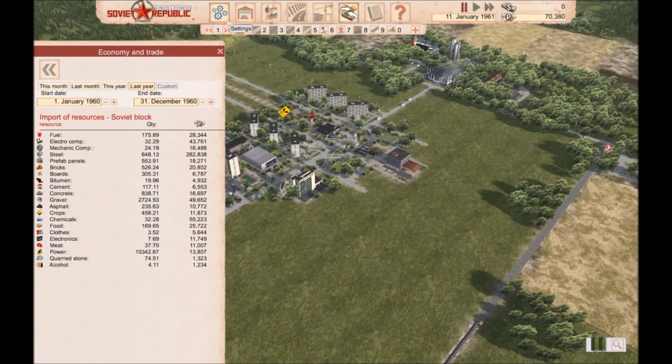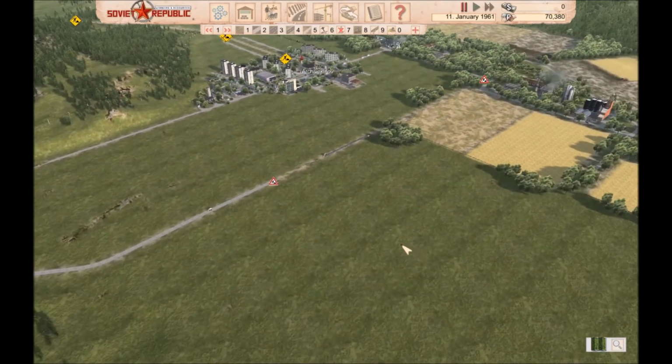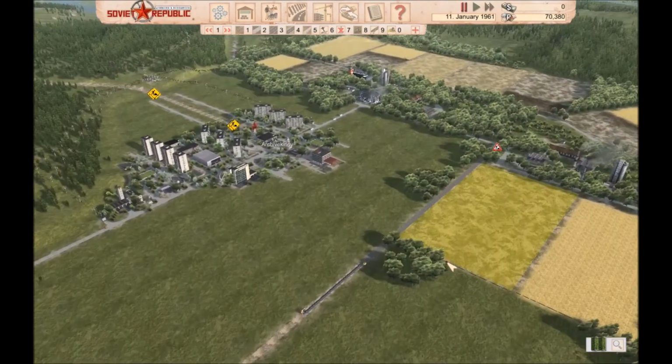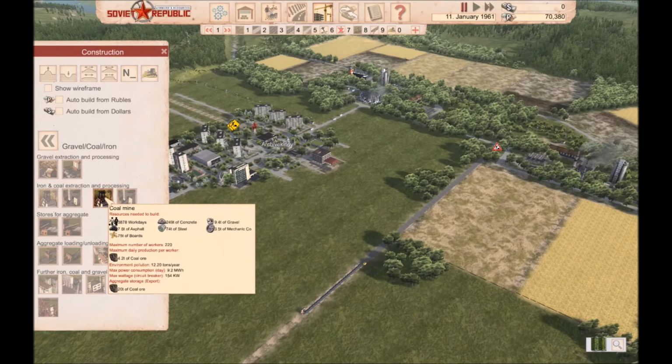And well, if I double the size of the town, that's going to be 50,000 a year in food. And for 50,000 rubles, I can build something quite big. I could probably build a coal mine, well, I could. They're only 70,000 to buy anyway, so